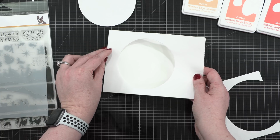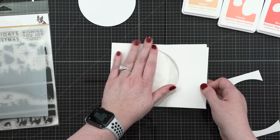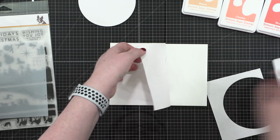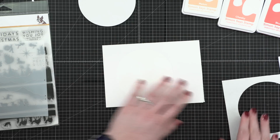So I'm applying this to my cardstock. Now my cardstock is cut to 5x7, so it is the front of my card, but it is not the folded card yet. I'll adhere it to the card base at the end. So I'm applying my circle mask, and now I'm going to create that sort of sloped hillside that's at the